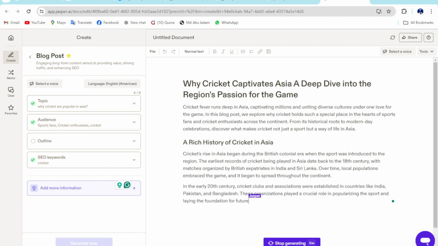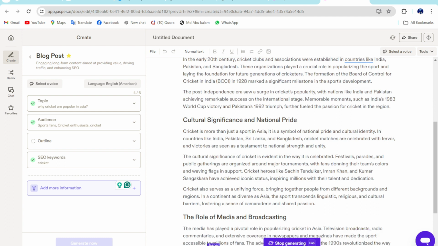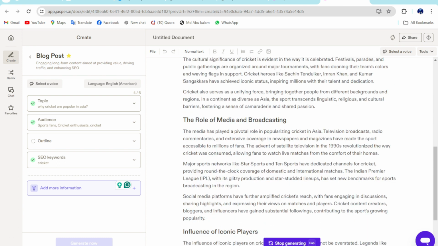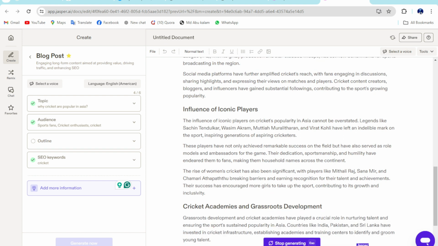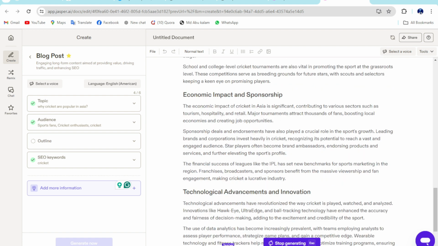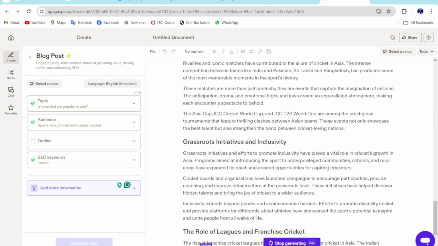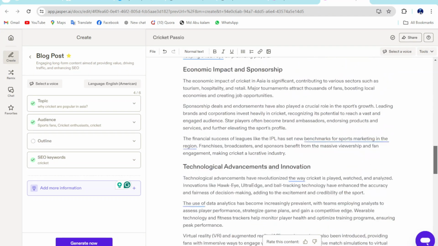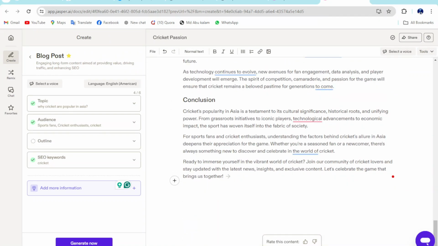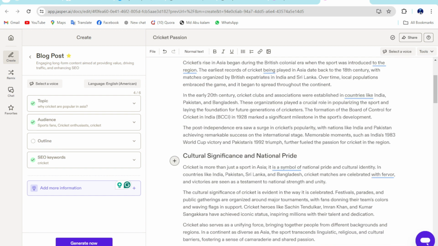When I click on generate, you can see Jasper AI writes a whole article for me in a minute. This is a fantastic way you can generate and write a whole article for your blog post. You can see this is a long article. I really like it. So just copy,